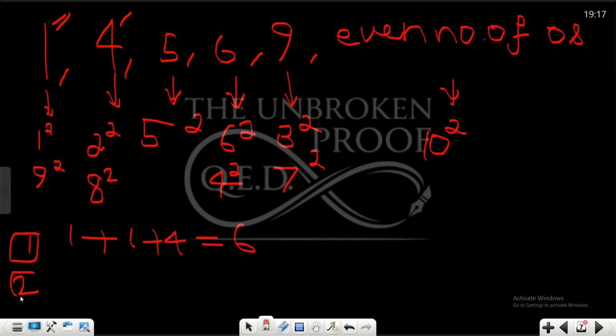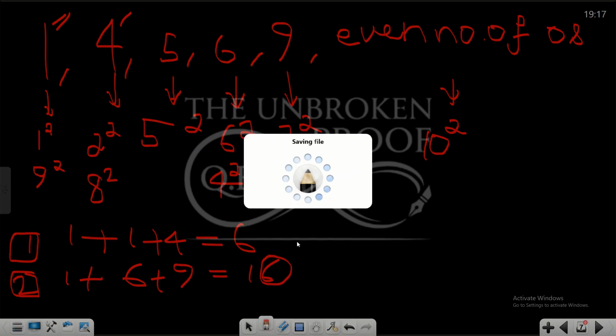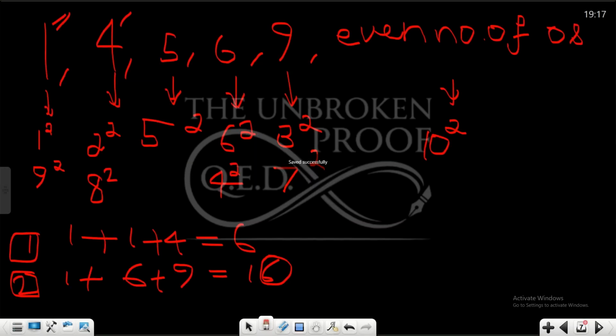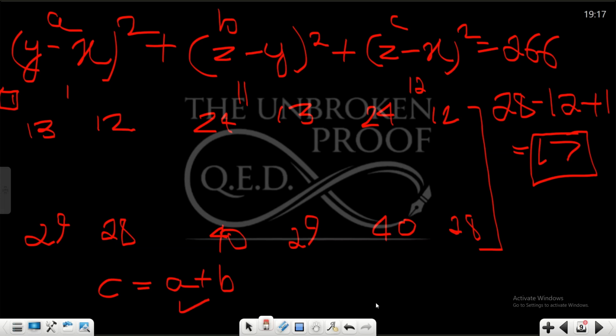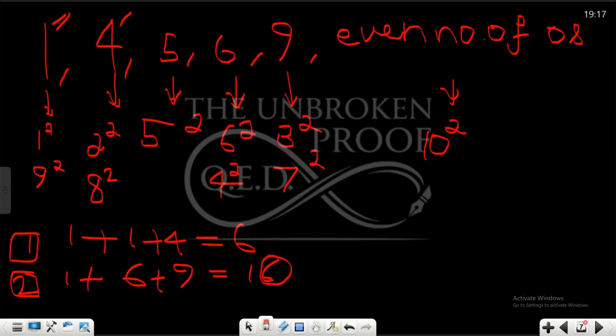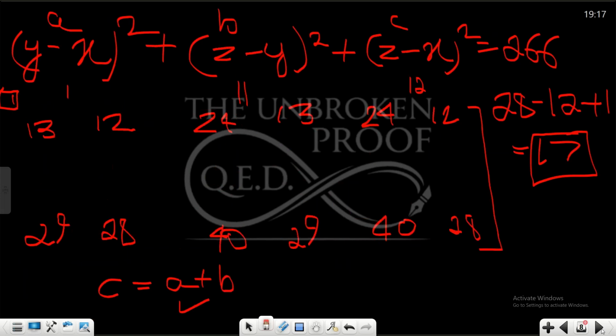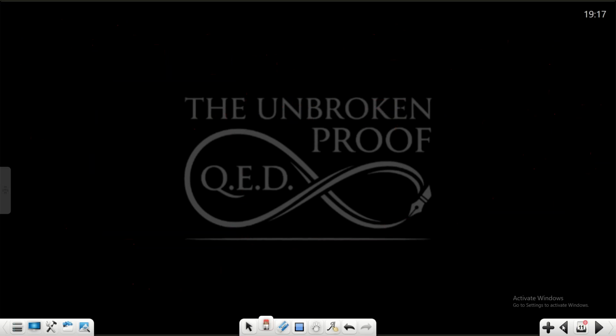Now if you think a little bit, you will come to know that 169 is also possible. 1 plus 6 plus 9 will also give an ending digit of 6. So that's why this is also a possible case, but simply taking the ending digit is not enough, because we have to satisfy this condition as well. So for 169 as the ending digit, one more possible case can be,